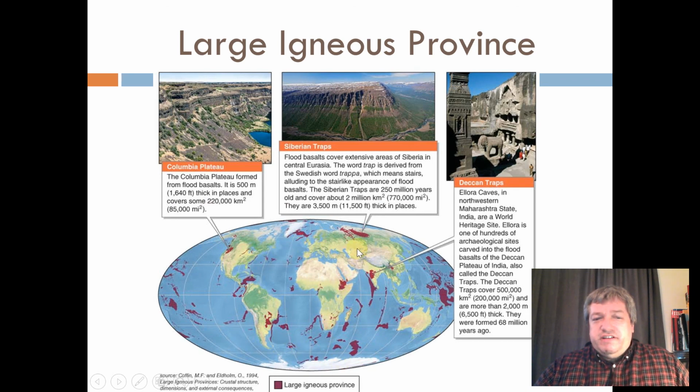So right here, for example, in northern Siberia, roughly 250 million years ago, something happened to cause the Earth's crust to split open, almost like a dry scab, if you will. And thin, liquid basalt poured out and covered it in a big, thin sheet, maybe about 10,000 feet thick, which is thin compared to the Earth. And you can see it right here, this layer. So there's some of them all over the Earth, and a lot of them under the ocean.